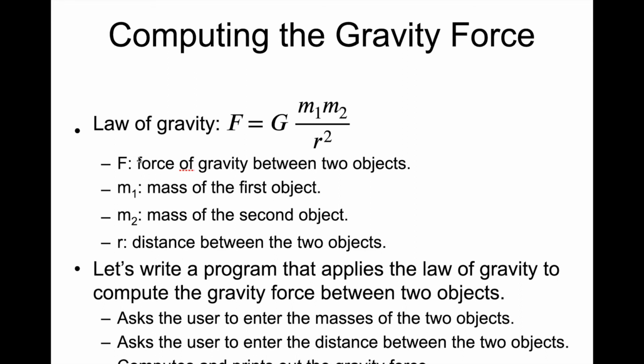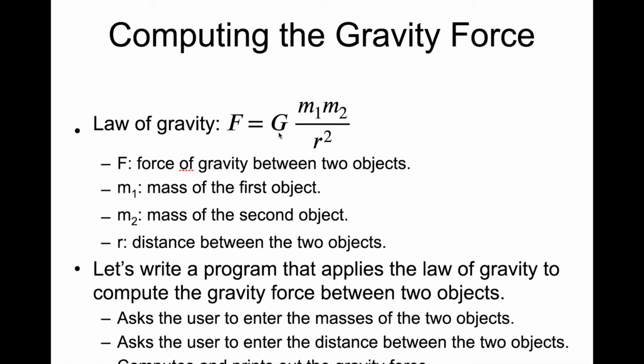So we have to get these inputs from the user. We need to get the force of gravity between two objects. Actually, F is something that we are going to calculate, and m1, m2 and r, these three values, we need to get from the user. And G here is a